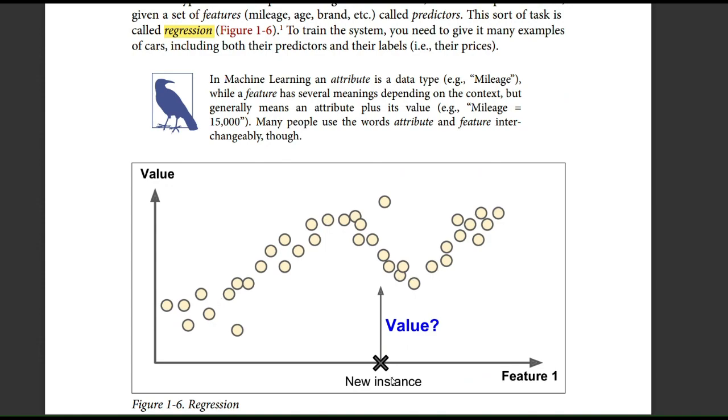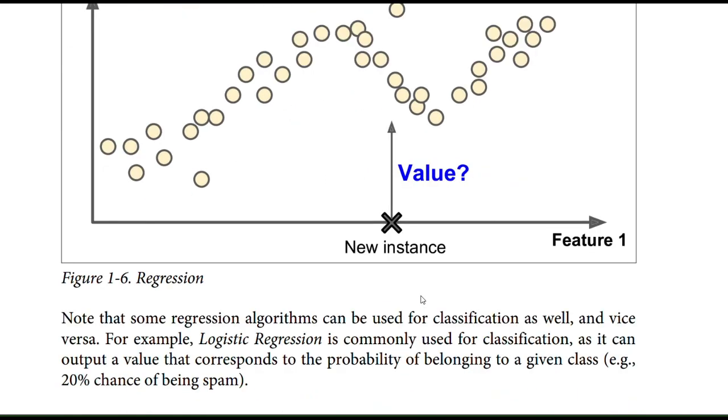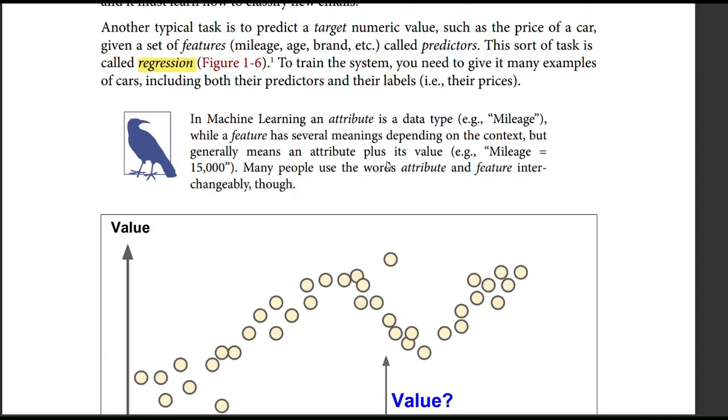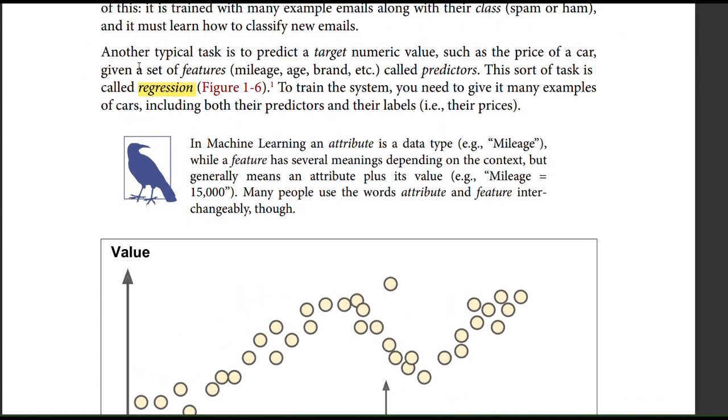Regression is where we're predicting a particular value. There are a lot of values that can be predicted. Let's just look at this graph. This is some feature, this is some value, and these are the data points that are present in the training set. Every data point has a particular Y label. Now you're given just any random data point from this feature's value, and you have to predict a particular value. You're not classifying into 0 or 1. You just have to predict a target numerical value. That is regression or prediction.